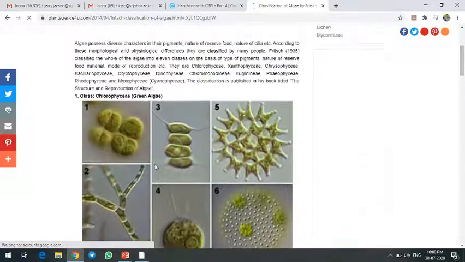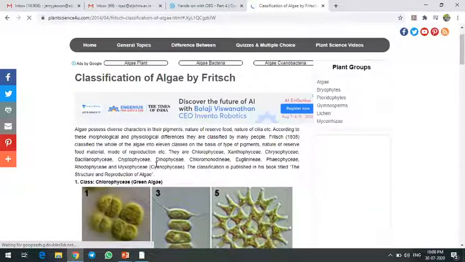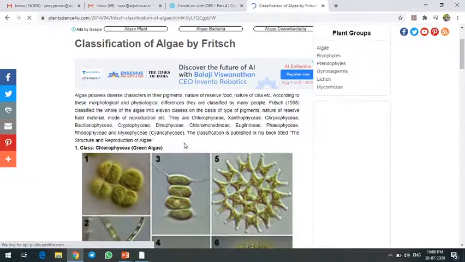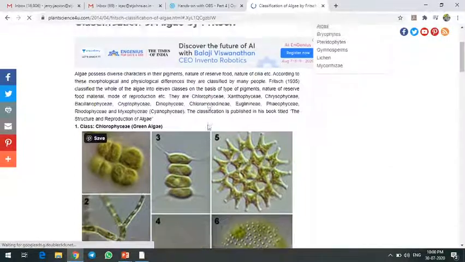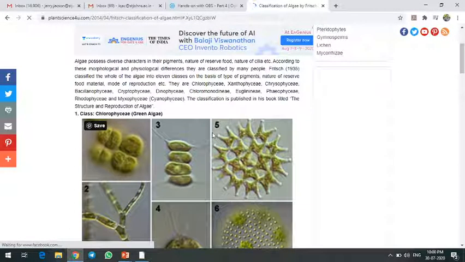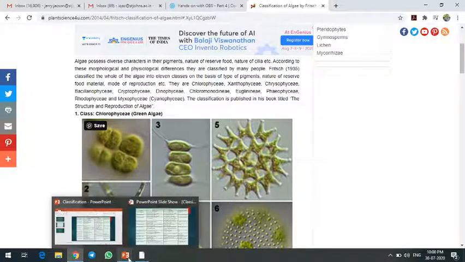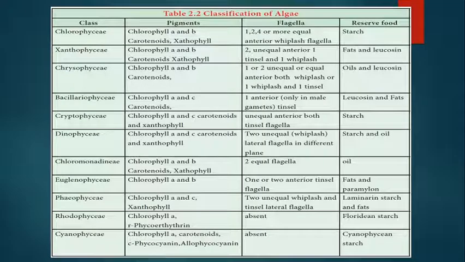We are going to look at a topic in phycology, which is the classification of algae by Frisch. The classification of algae by Frisch considers algae to be a division, and so it divides algae into 11 classes, as we can see here. And the division or classification of these classes of algae is by